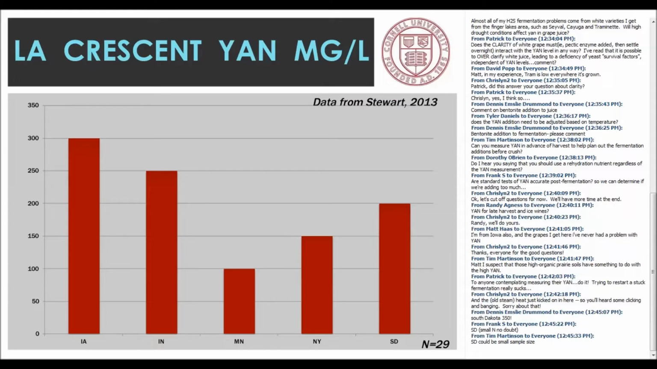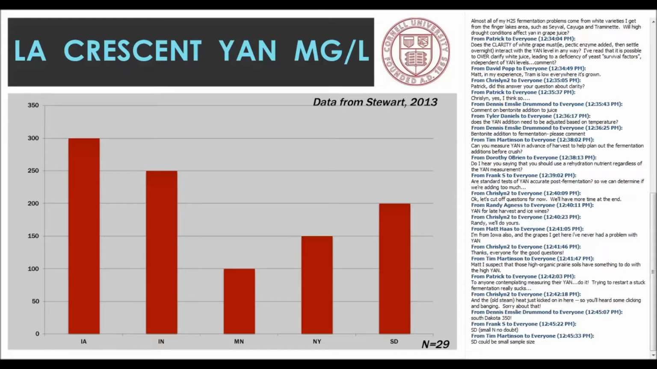She had 29 La Crescent samples from several states. If you look across the bottom, from left to right, we're looking at Iowa, Indiana, and so these would be the Purdue research blocks, Minnesota, New York, and South Dakota. And you can see that La Crescent certainly varies by state, and as I mentioned, we know that we get variability